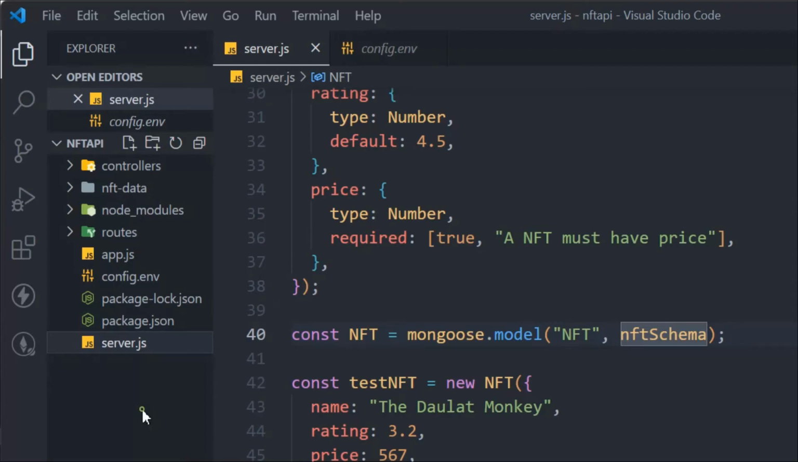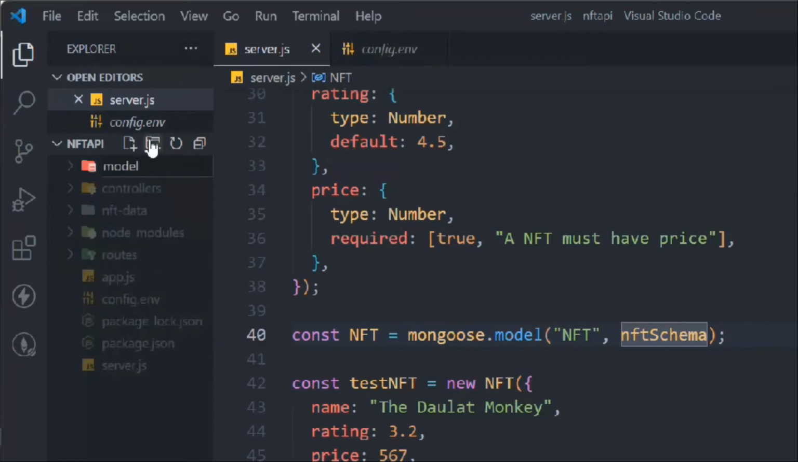So in the last video we designed our basic schema model and used it to create a document in our database. If you haven't watched that video, I'll link it in the description so you can follow along. In this video we're going to separate the schema model into a different file called model. Okay, so let me come here and create a new folder called model in this main directory,